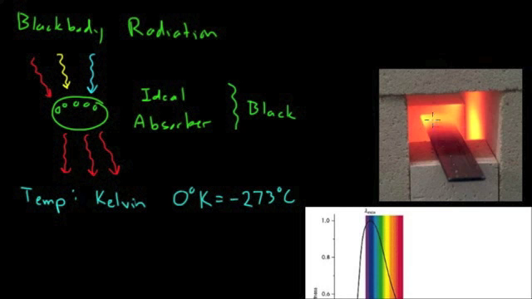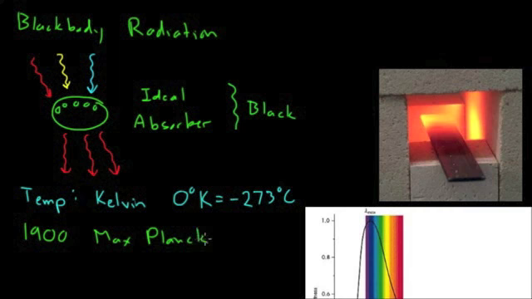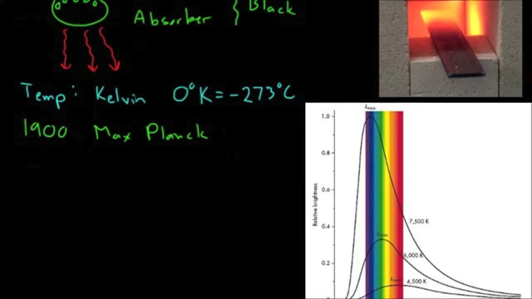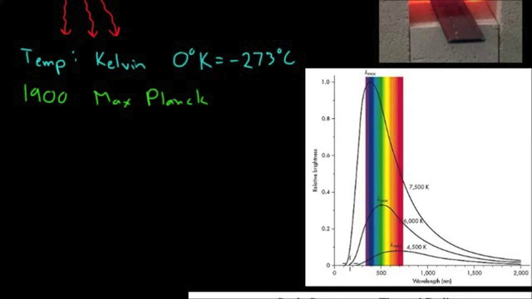So for a long time it was known that these glowing objects, these heated objects, will start to glow, but it wasn't until 1900 that a guy by the name of Max Planck was able to come up with an equation which describes what the spectra of these heated objects look like. So again, for this spectral graph, we have the intensity of the light